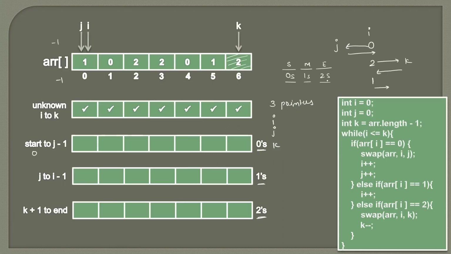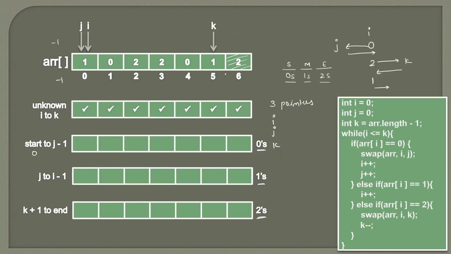And we know that when this while loop runs, one element has become known now. And which is that element which has become known? It's this, that 2 is at its correct position. Also friends, as we have filled this position, we will move k in this direction, because for the other 2, which is here for example, it should come here, right? So k will move to this position and keeps on moving as many 2's are encountered, because we need to swap 2 with the value of the kth index. So we do k minus minus.